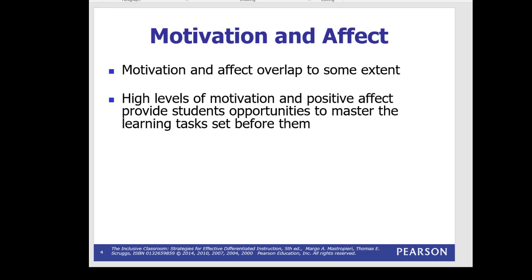Now, when we talk about the relationship between motivation and affect, although they do overlap, we can have students who are relatively low motivation but relatively high affect, and conversely we can have students who are relatively high motivation and low affect. Let's say, for example, a gifted student very often can be very low motivation but high affect, right? So when we're talking about affect, we're talking about one's own perception of their abilities and their confidence in being able to perform or utilize said abilities.